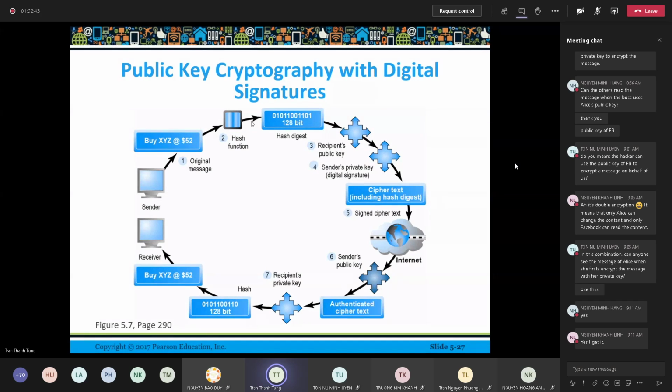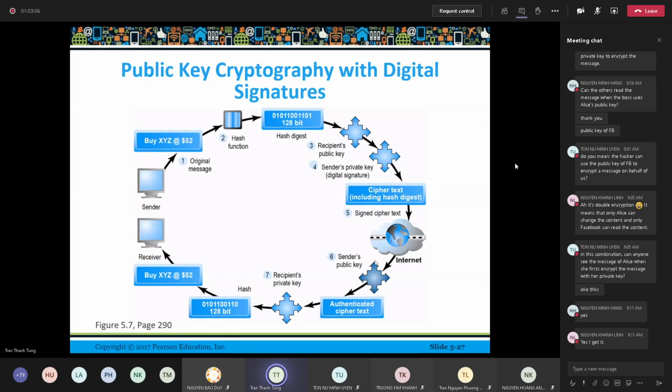Okay, and let's skip this for a moment. The sender will use the recipient's public key to encrypt the message, and then they use the private key of the sender to encrypt the message again, and they send it to the recipient,